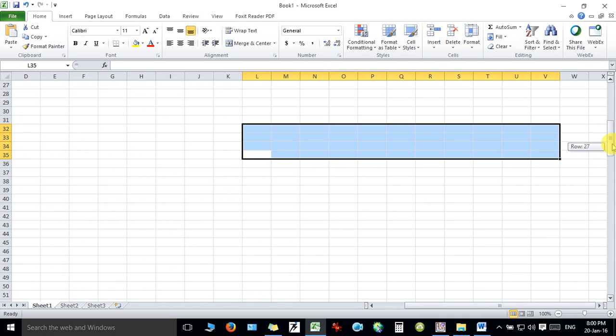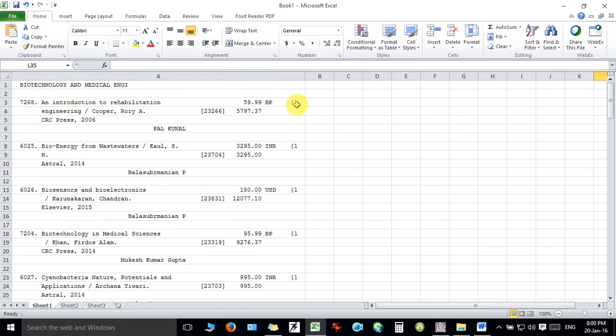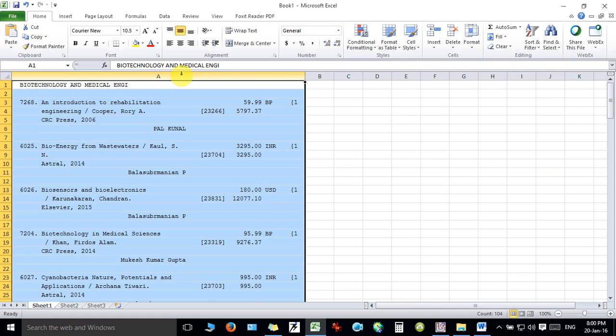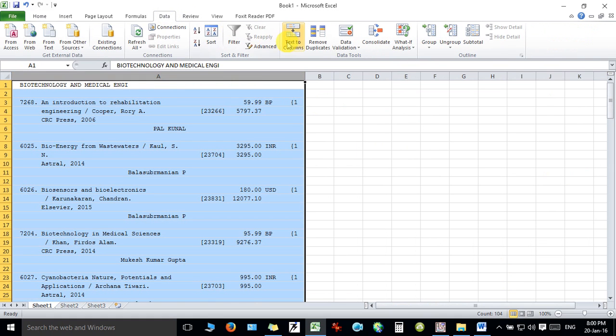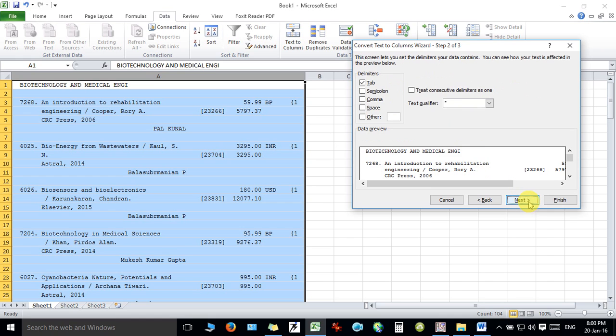Now let us see how we can take this value to the next column. Select this particular column, go to Data and click on Text to Columns. It will open another window where you have to choose Delimited, and hit Next. Here you will find the different delimiters.